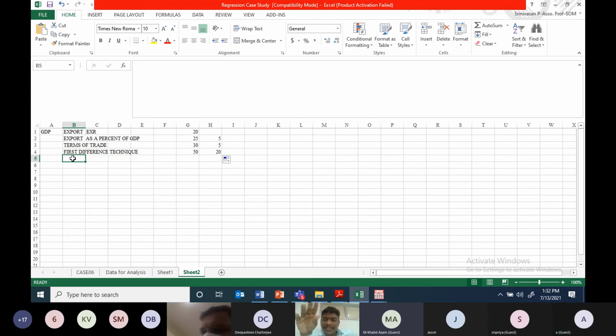So I will do one thing next session. There are some diagnostic checks that are also very important: R square, autocorrelation. I will do that for just half an hour, and the remaining one hour I will do logistic regression. That you can understand easily. Not a problem. So if there is correlation, it means there is a multicollinearity problem, if there is correlation between the advertisement and the income.